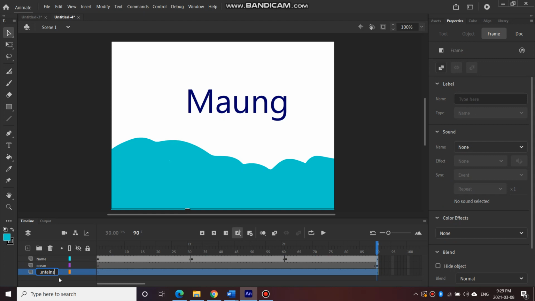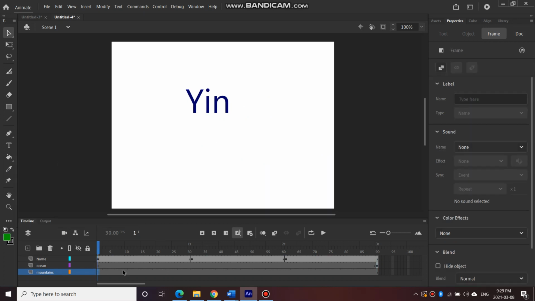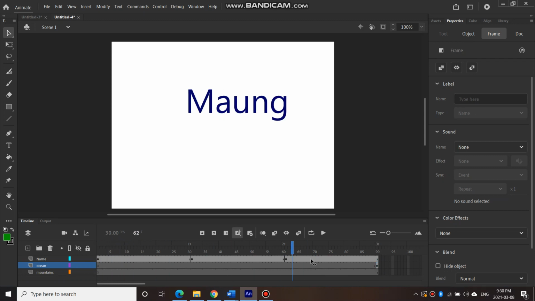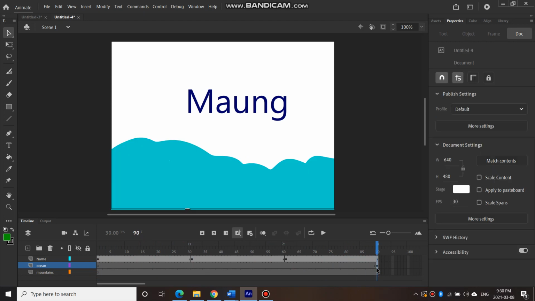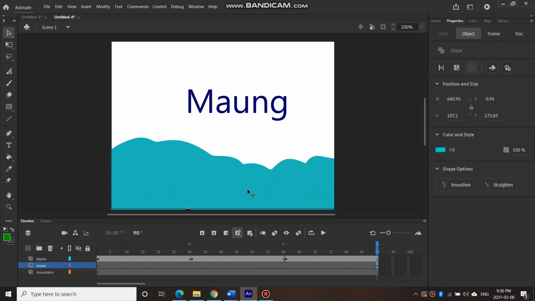Okay. There we go, mountains. And then I'll go with green. Okay. And then here. Oh, something happened here. Look, I drew it on the last frame because I wasn't looking at where I was in my timeline. So make sure that you are in the first frame, because otherwise there'll be nothing for the first 89 frames, and then on the 90th frame there'll be something. So what I'm going to do is I'm going to click on my 90th frame, I'm going to click on this and go